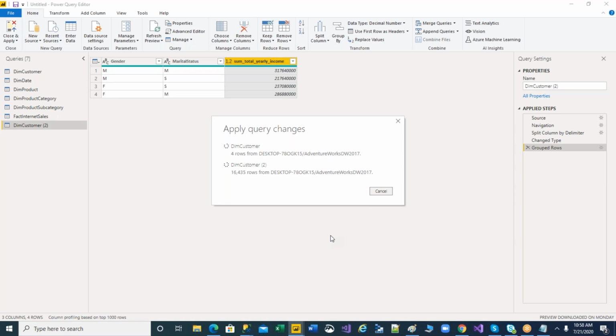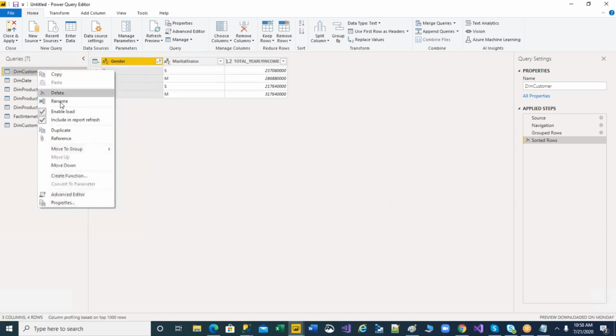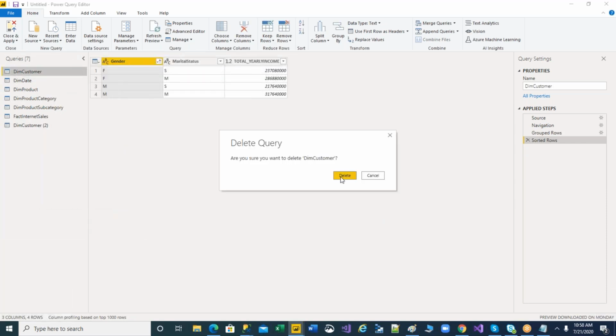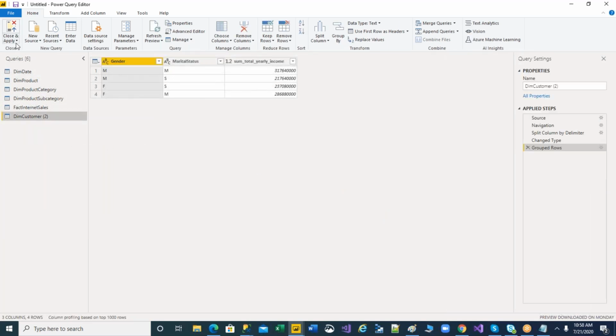See, the changes are applying for all the records which are available in that particular table. Okay, there's some problem with this table, but anyway, let me delete this table. Now if I say simply apply,